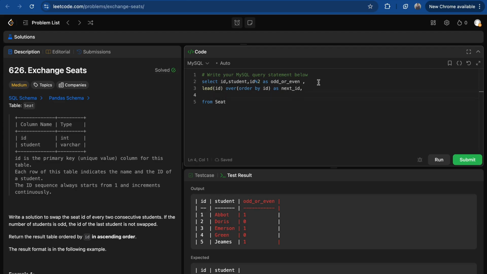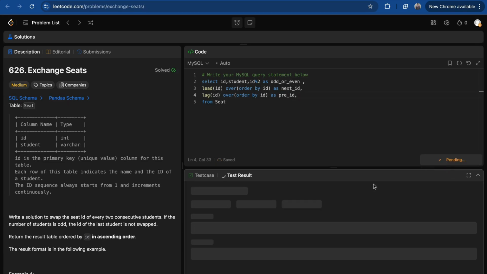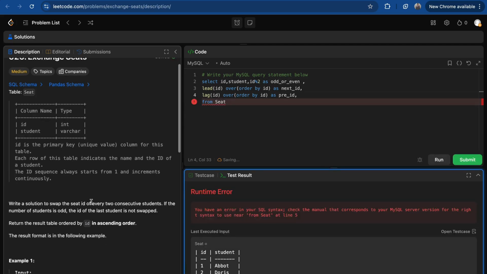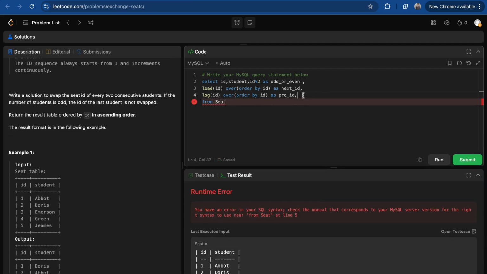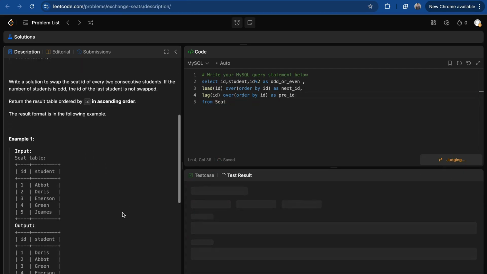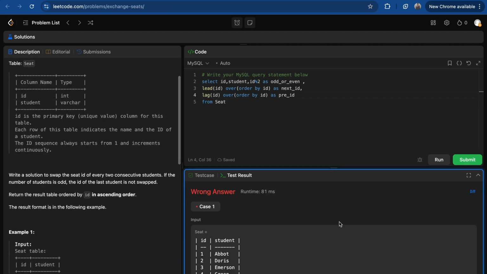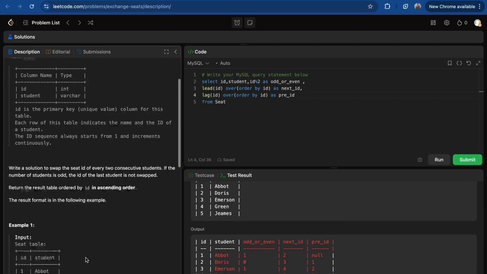And then this will be lag: lag of ID over order by ID as previous. And also scroll here. So if we look at the result